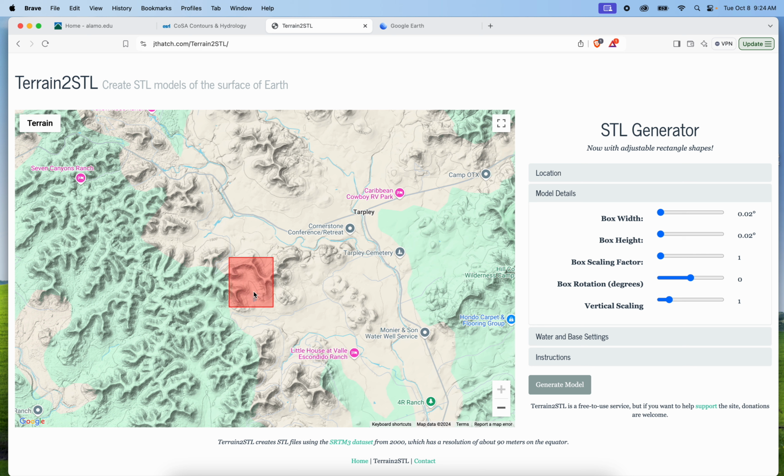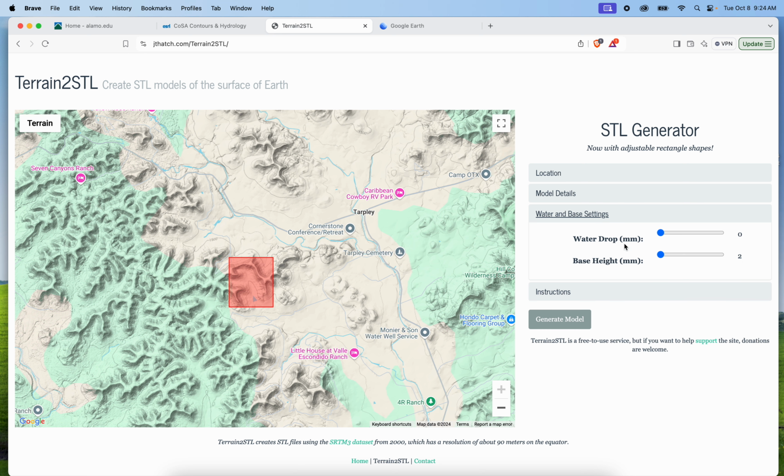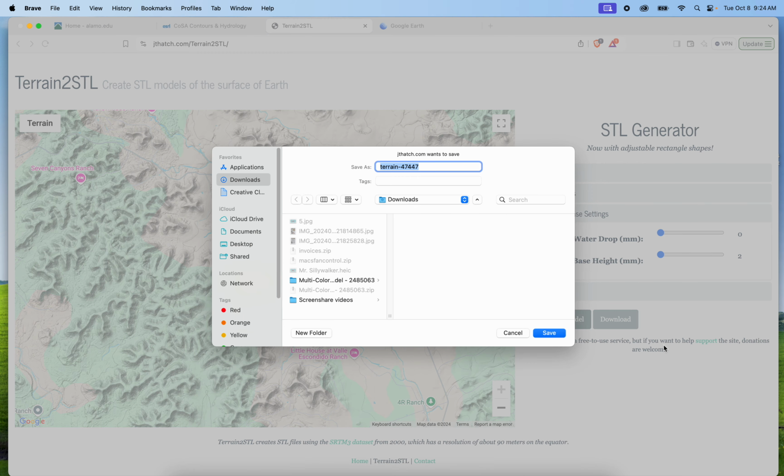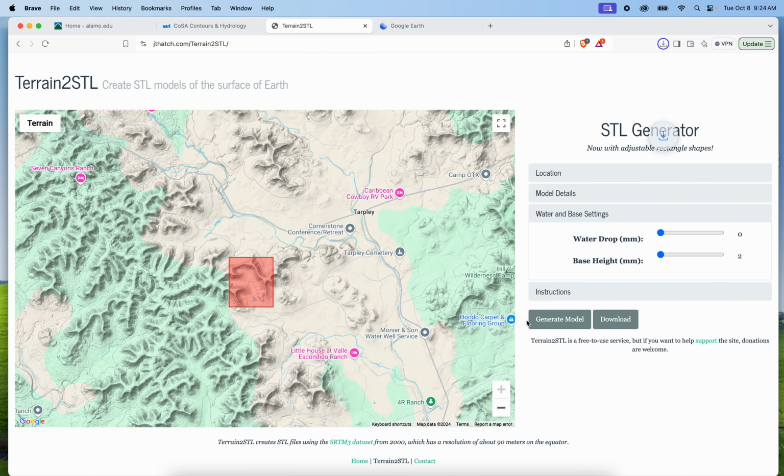But maybe for instance, especially in this project, my 48 by 48, I want to do something visually interesting. Water and base settings, I usually leave those at 0 and 2, and generate a model. So just in case we actually go the other way around, I want to throw that method in there as well. Again, this maybe actually applies more to a studio situation, and maybe not so much our assignment, but definitely useful. Now in my case, I had to generate the model first and then download. So we're going to go ahead and download